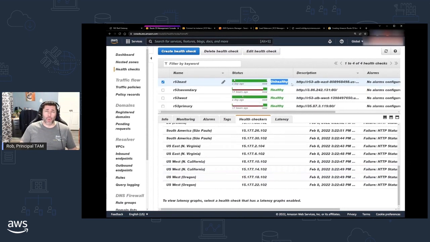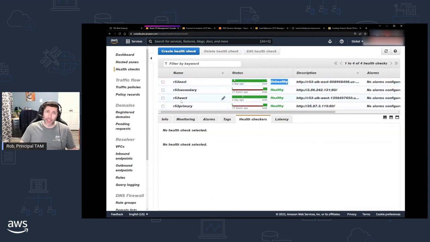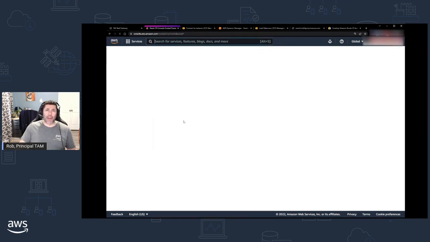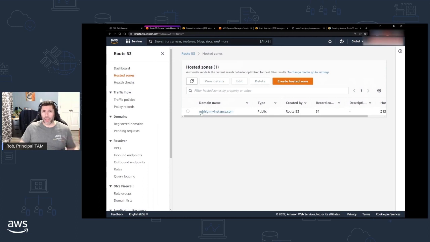But my Route 53 West is still healthy. So again, back to what Ashwini mentioned before, if they were both unhealthy, it would continue to try and send it to Route 53 East. But since I have a healthy health check on my Route 53 West, and because it is my secondary record and it's using that health check,